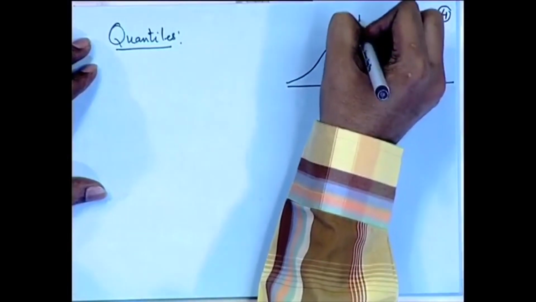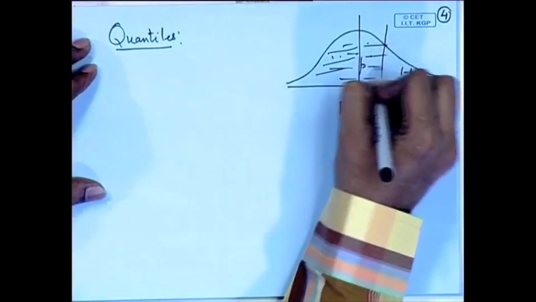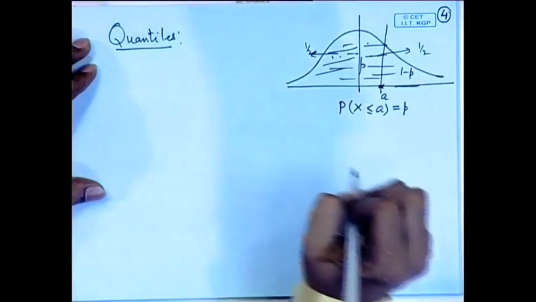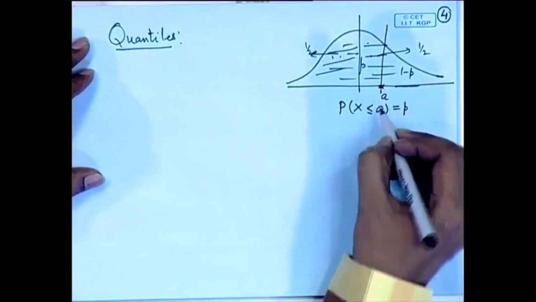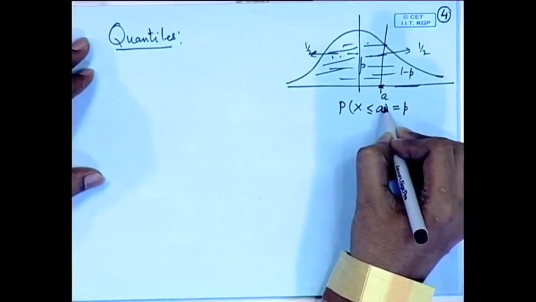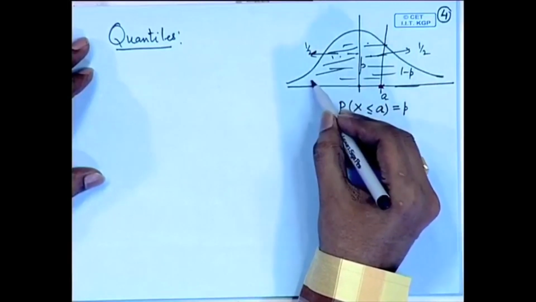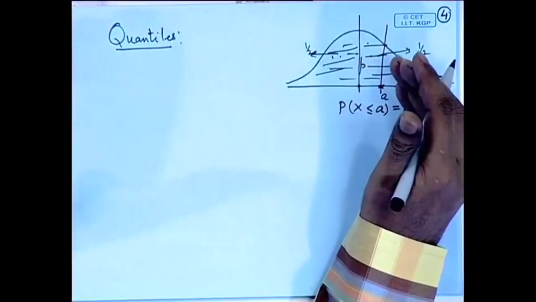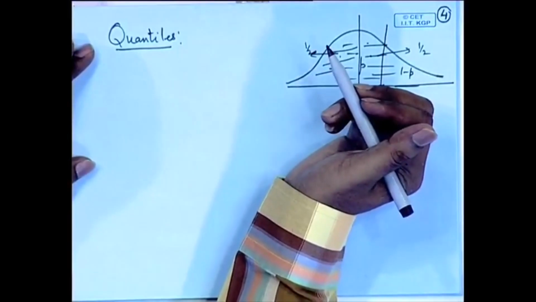It is easy to explain the concept of median, for example, that it divides the distribution into two parts, the probability is half in this portion, the probability is half in this portion. So, roughly speaking, a pth quantile is the point up to which the probability of random variable taking a value is p and the probability beyond that is 1 minus p. However, to take care of the discrete distributions, we give the formal definition of a quantile as follows: